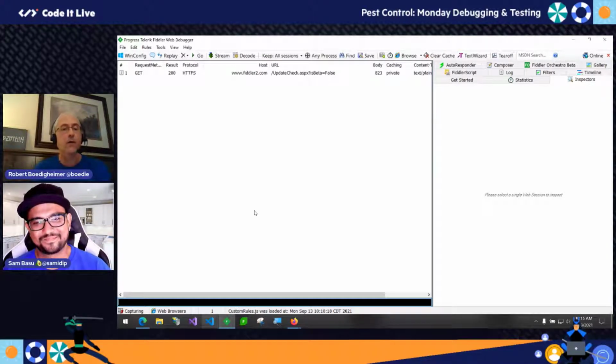So what I can do now is go into their browser settings and just set their proxy manually to route it to your laptop running Fiddler. And then you can do all the traces you want to do, and you don't need to install anything on their machine, which is handy. Right. Yeah. So those are cool things.